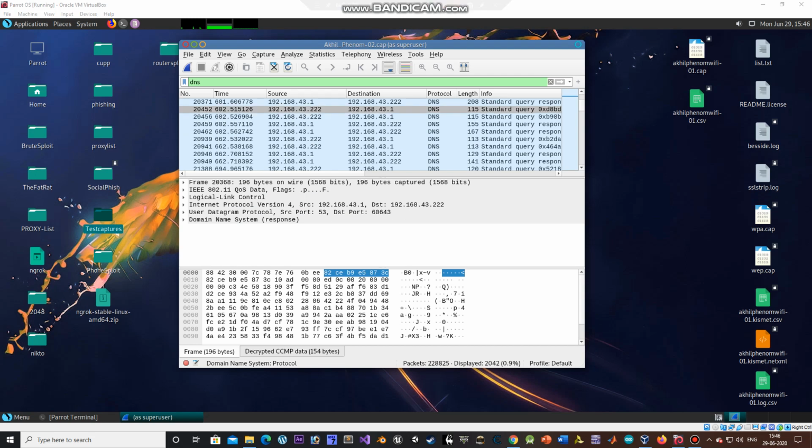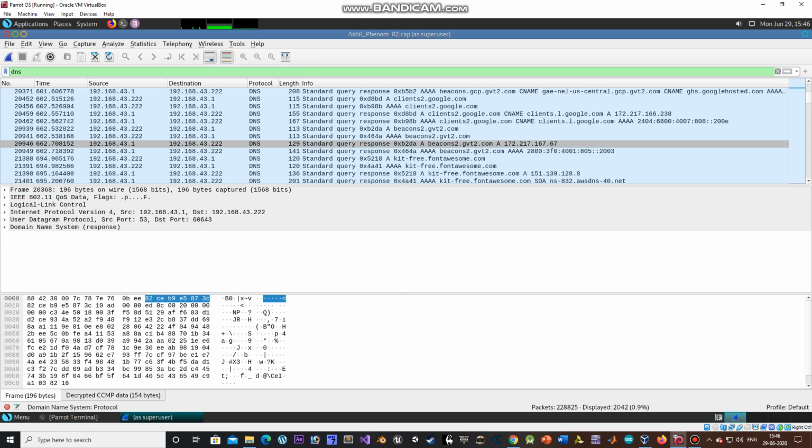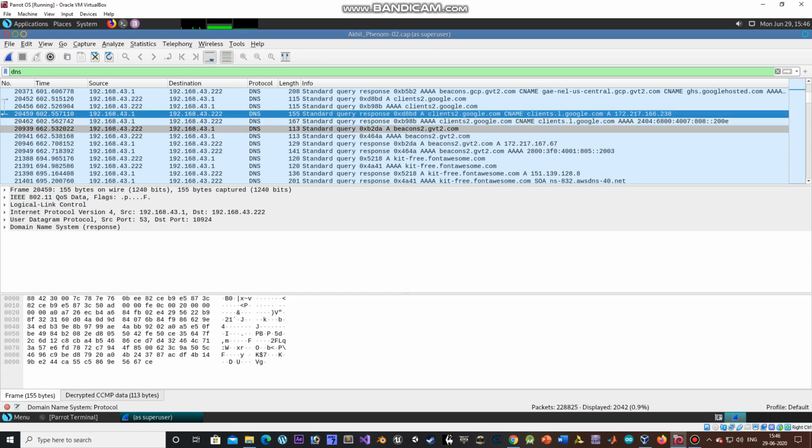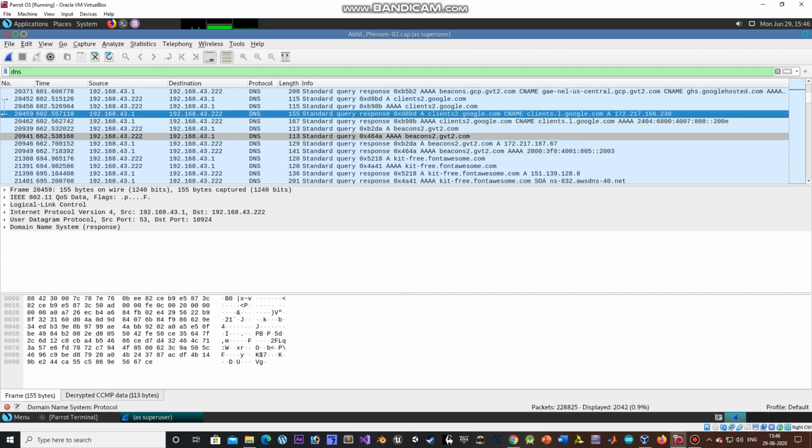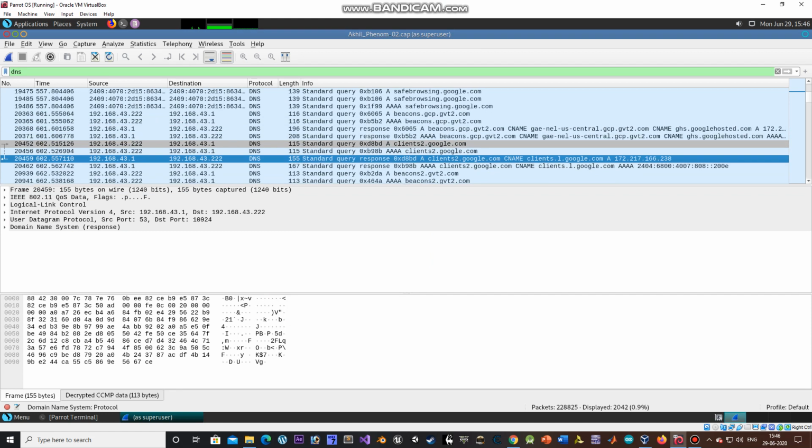I shall expand this. What basically DNS does is it would convert the IP address into its corresponding host name, which would be more convenient for us to look for.